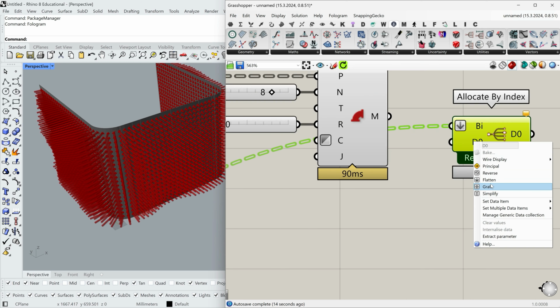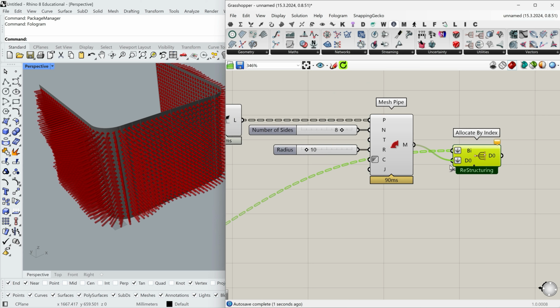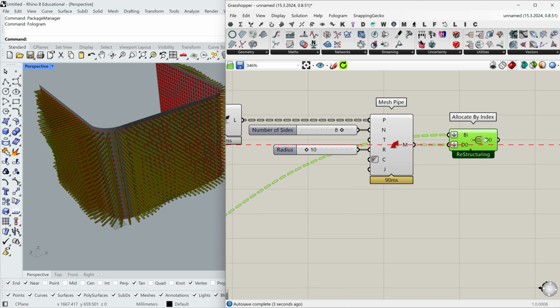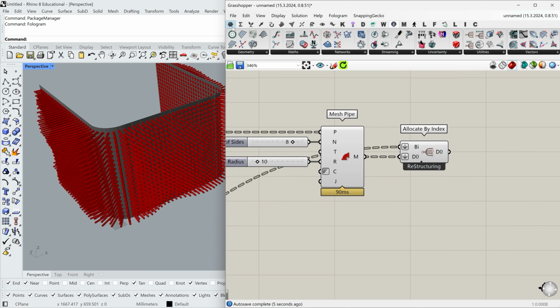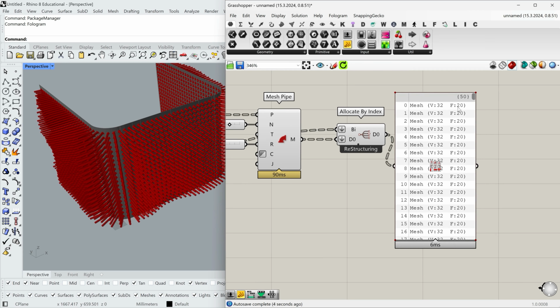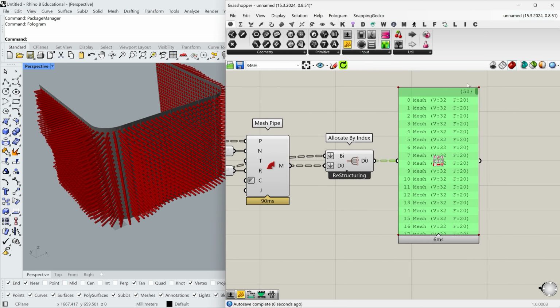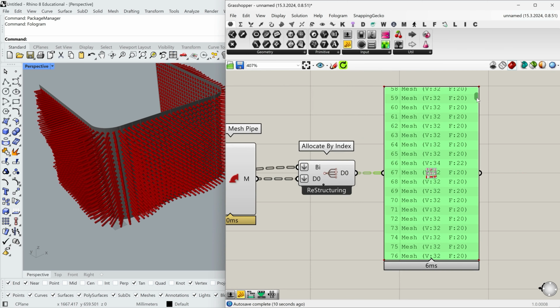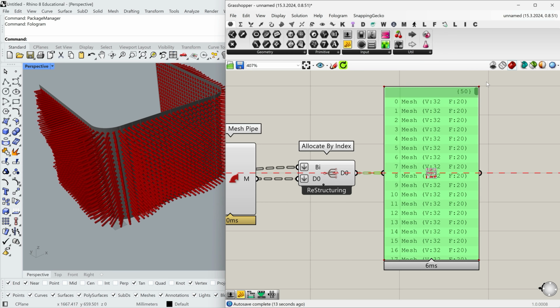I flatten this D0 and connect the mesh pipe. Amazing. Now I have a proper data structure with several branches. And you can see the branch index 50 means this branch contains rods with 50 millimeters length and so on.